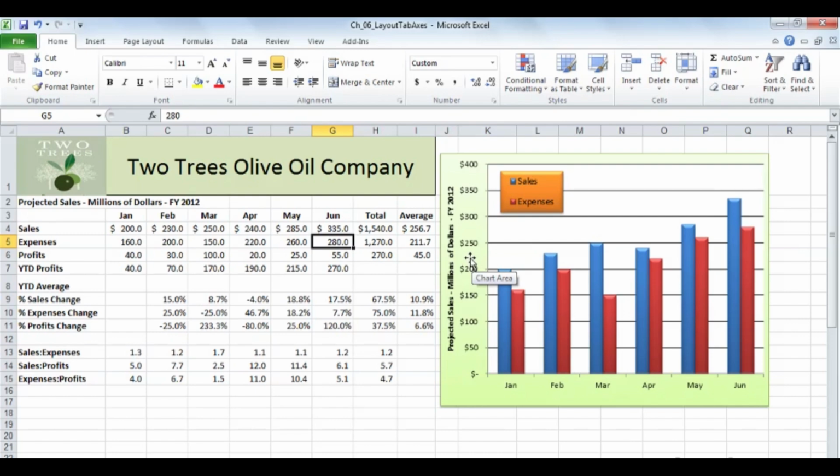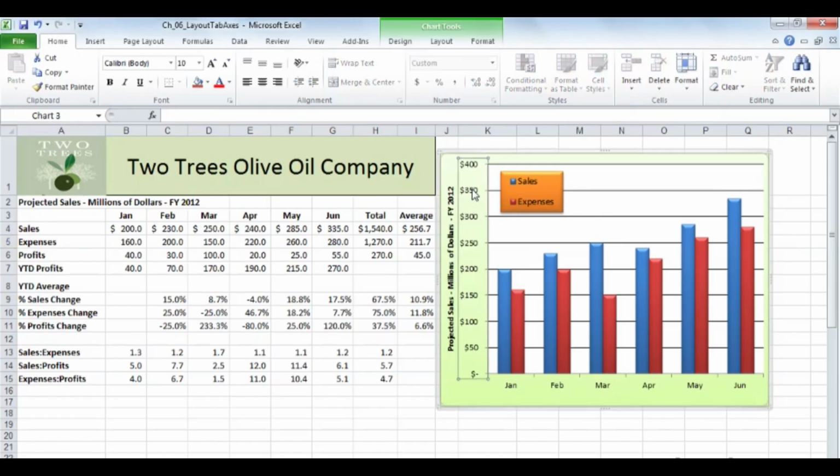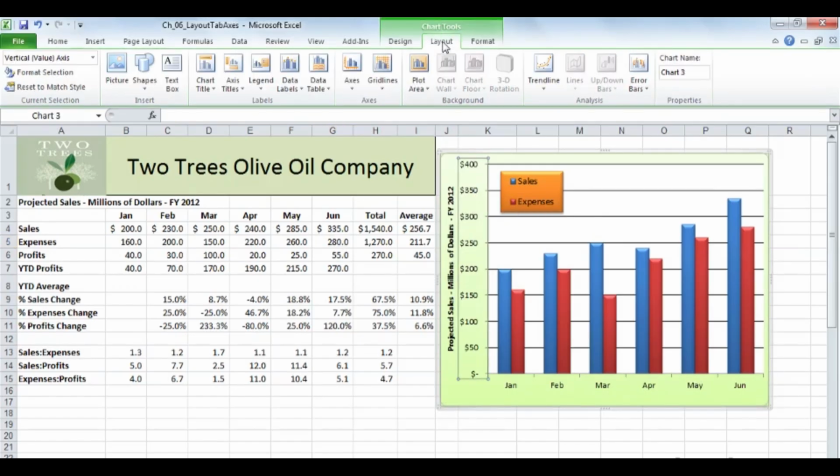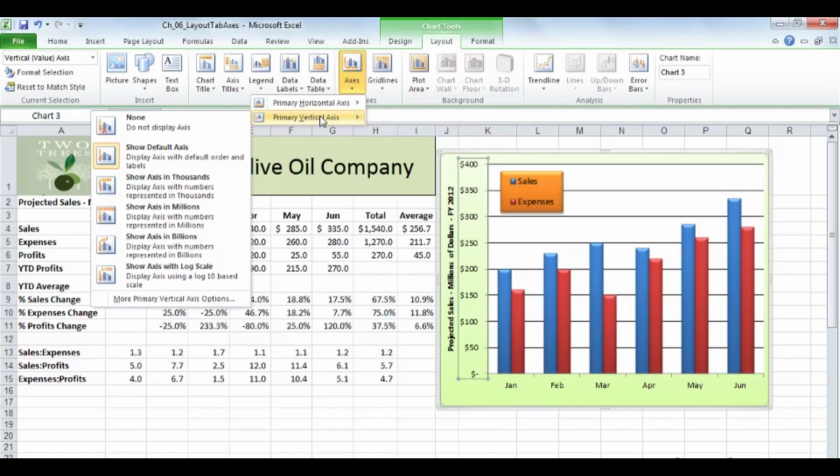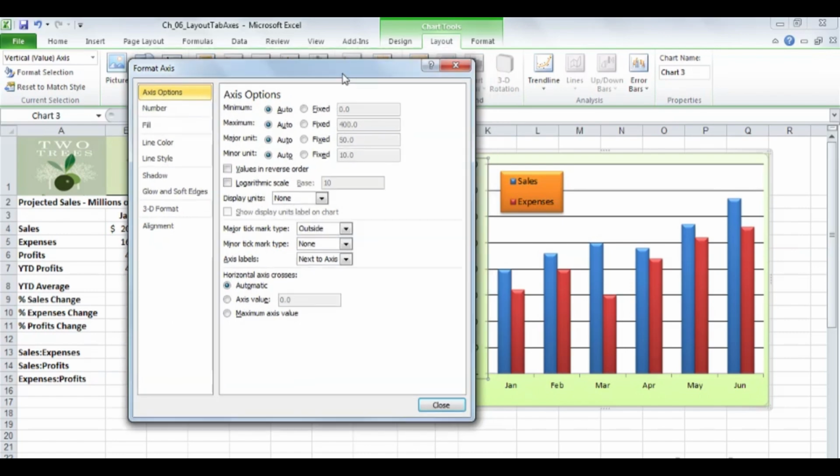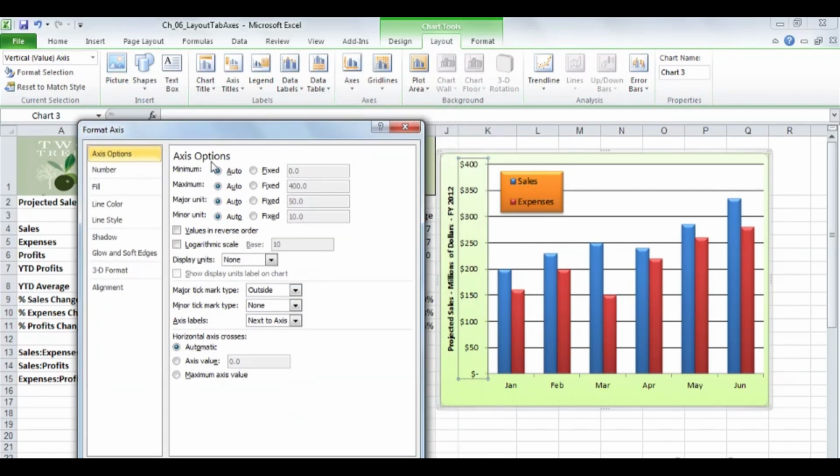Now, if I don't like that, what I might want to do is just double click here, or another approach, go to the layout tab and actually take a look at the axes options here. This is the primary vertical axis. Now here we could use other kinds of features, but I think really what we want to do here is go right into these choices here. So it certainly would have been faster to do a double click, but it is a reminder there are some settings here. And by clicking here, we'll come to this dialog box,